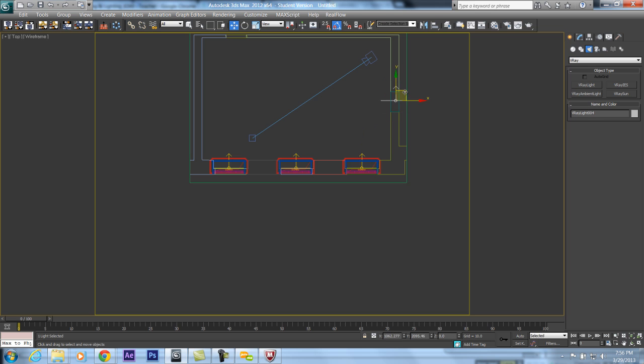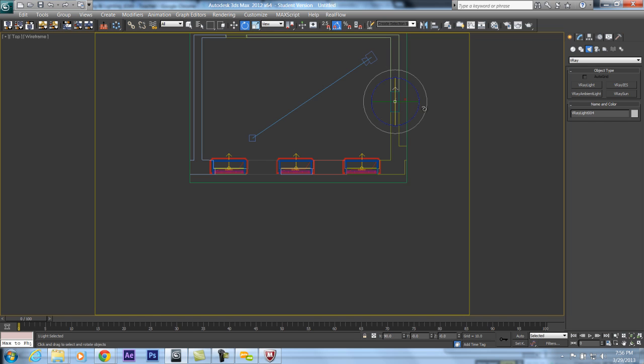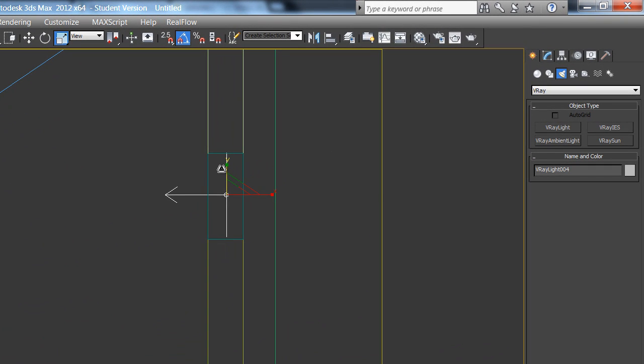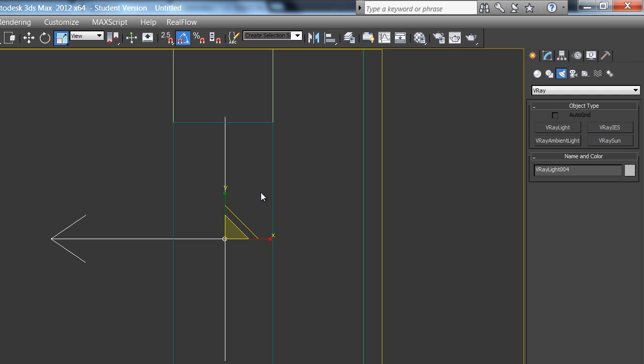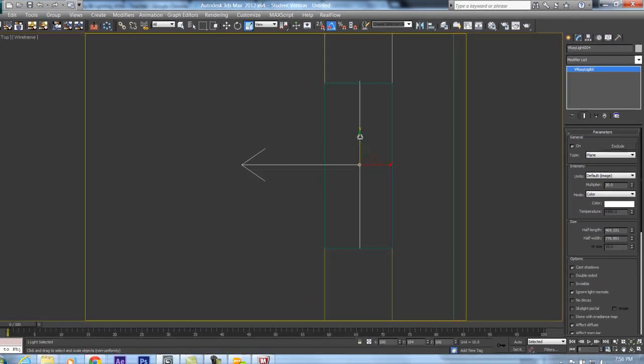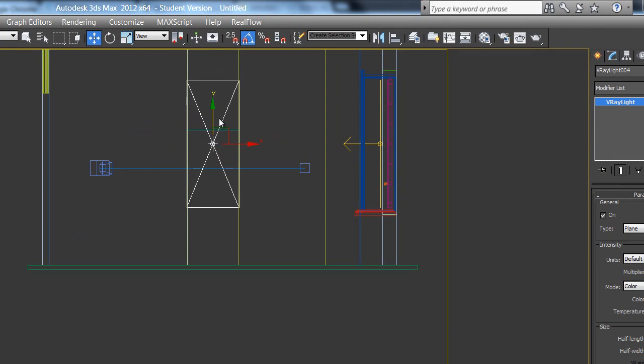And I'm gonna clone the same light for my door as well. I'm going to rotate it. As long as you don't change the parameters of this light, I mean, you don't change numerically here, you just scale it. You can clone with instance all your lights. Just make sure your lights match perfectly this scene here. Okay, so here we go,